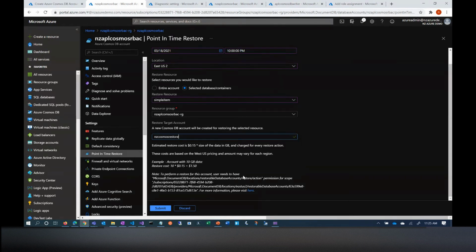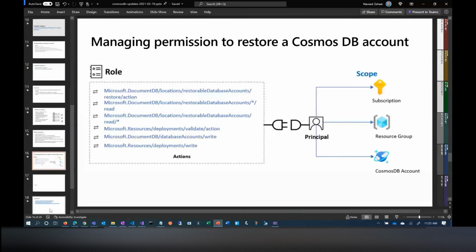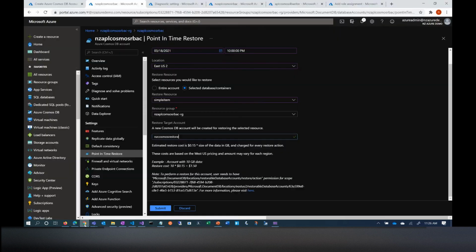This is alluding to the fact that users need to have certain permissions. So let's come to the RBAC side of this. Not every user can do a restore. Of course, I'm a subscription admin, I can do it. But if a user wants to restore a database, they need to have these permissions to do the restore. One way you can do it is from the portal, and you can only do it at the subscription level. Just keep in mind, through the portal,